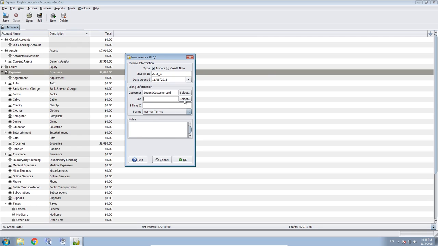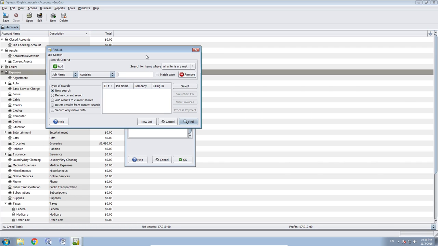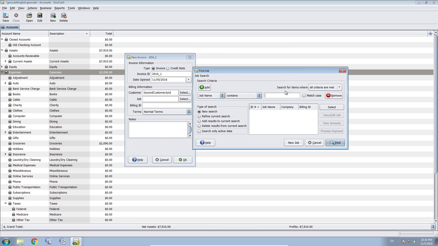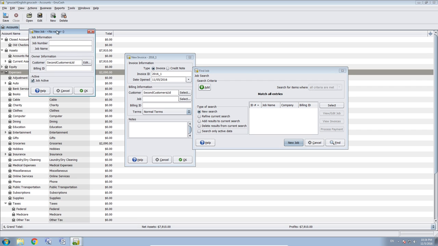Now, in the billing information, you can enter a job. And to do that, you get almost the exact same window as you have with a customer. You can search for a job, you can search for all jobs, and if there's none, you can create a new job